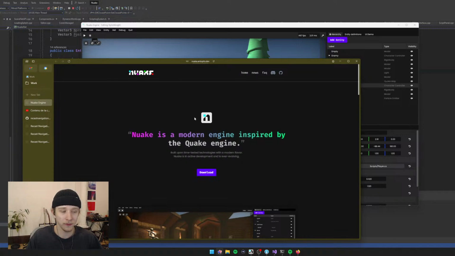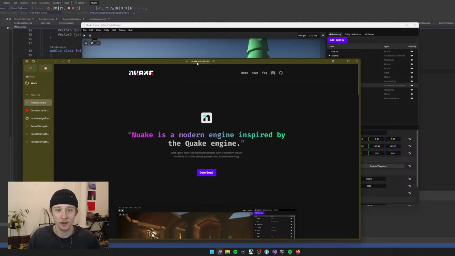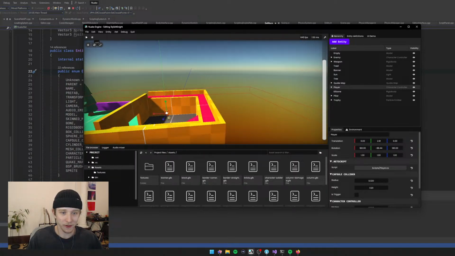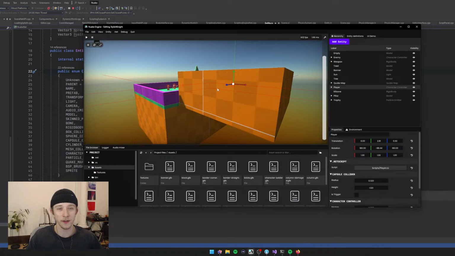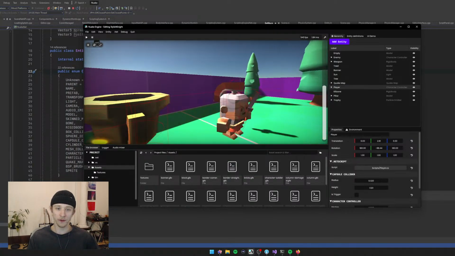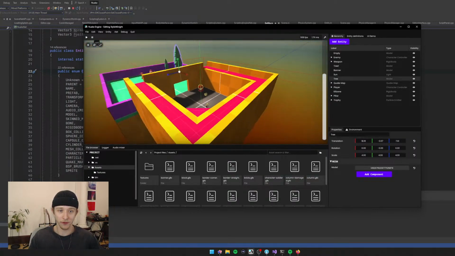And yeah, so this is the website. You can go to nuake.entopilo.dev and let's get into it. So I think the last thing I worked on in the last blog post was skeletal animations, and since then I've done a lot,